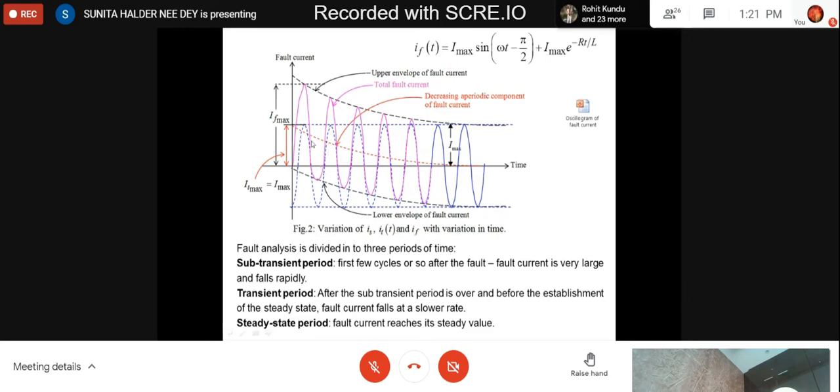Now here, you may say the decaying rate is more only up to two cycles, or 2.5 cycles. For some systems it may be 3 cycles, so it will depend on the system, and which portion you take as subtransient. Sometimes it also depends on the designer, but obviously when the current is steady state, that duration we should not take as the subtransient period. Actually, the definition of the subtransient period is when the decaying rate of the transient current is very high, and at the same time the value of the transient current is very high, both are high. Then the total fault current is higher, and that is the subtransient current.